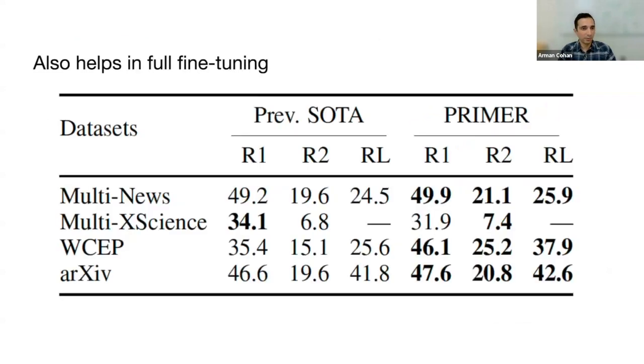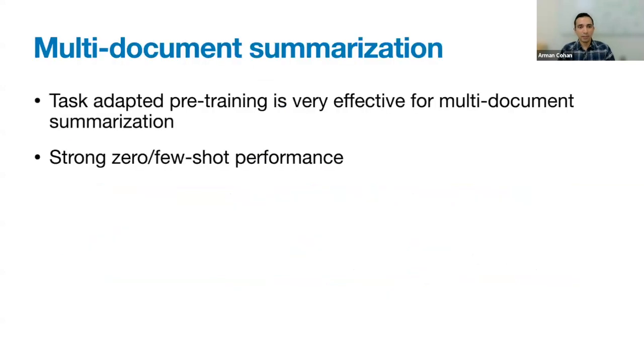Even in full fine-tuning, if you do this type of pre-training first, you can actually outperform the state of the art. So the high-level point is that task-adapted pre-training is very effective for multi-document summarization,